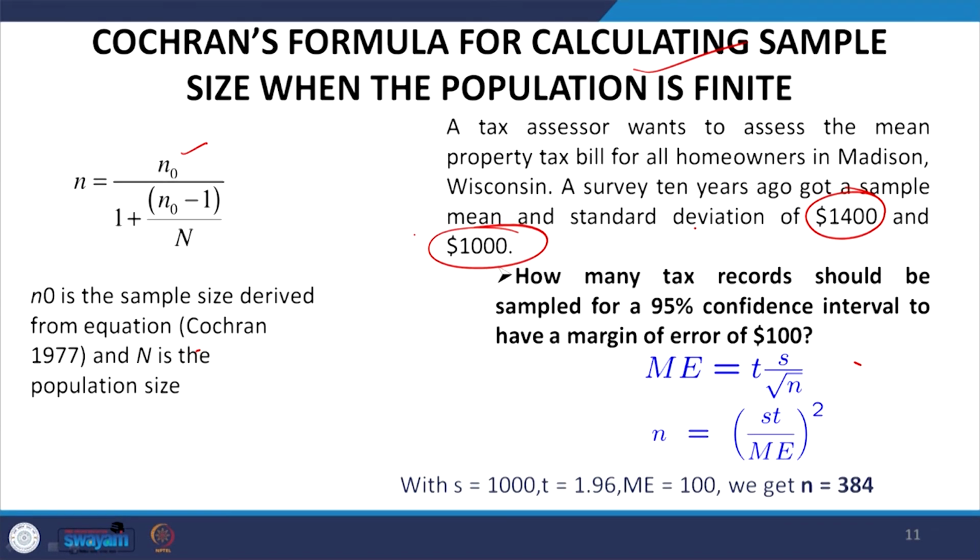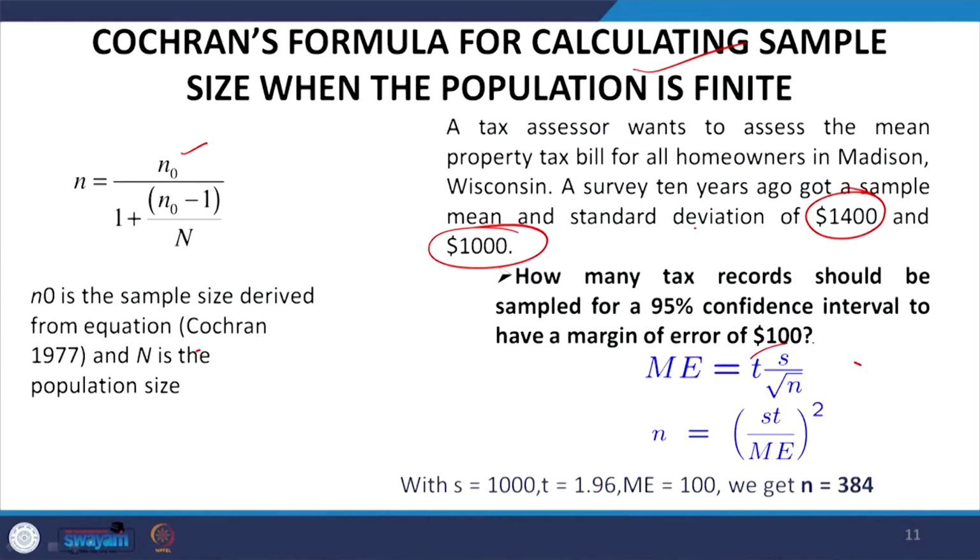Now look, margin of error could be anything. If you set a margin of error of a certain level, say $100, and the mean is $1200 with a margin of error of $100, that may be acceptable. If the margin of error is more than that, generally it is not acceptable.